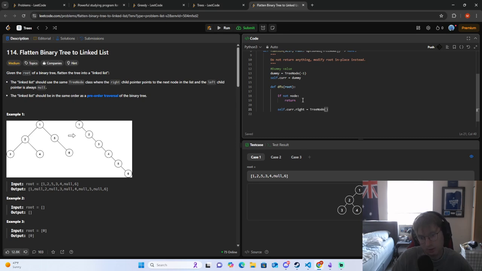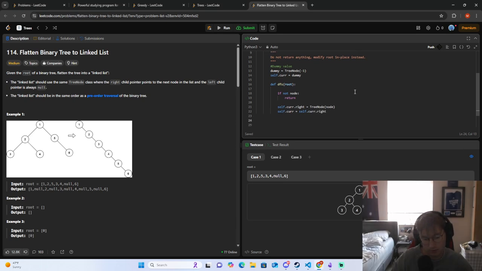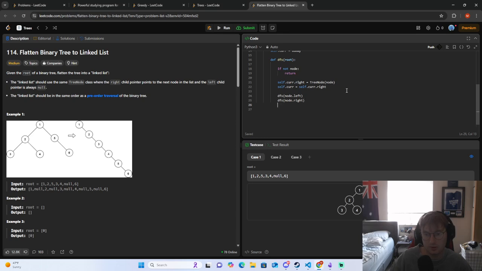Tree node. DFS node.left, DFS node.right. We just want to return our